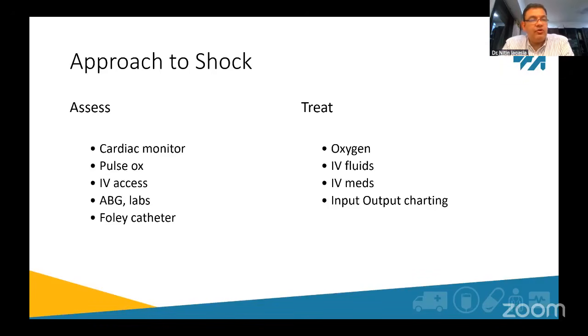Other labs that you will send off. Typically, if you don't have enough samples, ideally your first sample should be a CBC and a grouping plus cross match. And then if you have additional samples available, you can send the rest. At the same time, you'll be treating this patient like we talked about: oxygen, 15 liters non-rebreather mask immediately. IV fluids, IV meds, which by and large at this stage would be analgesia in the form of opioids, depending on if it's a serious trauma or as simple as paracetamol. IV antibiotics.